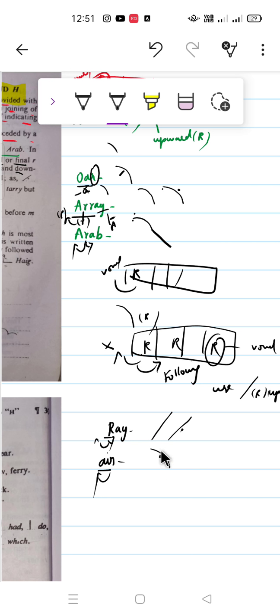When to use above the line, when to use on the line, when to use through the line. These rules you already know. Okay. Next you see